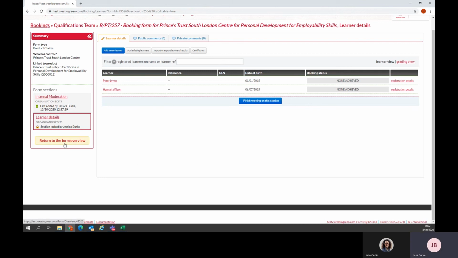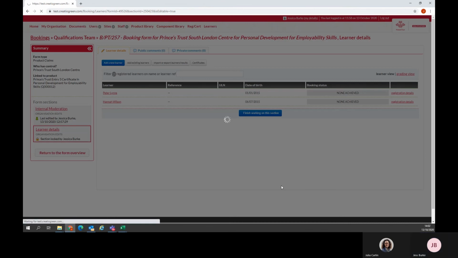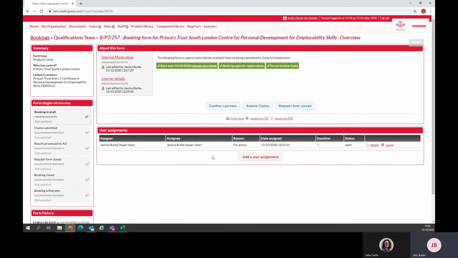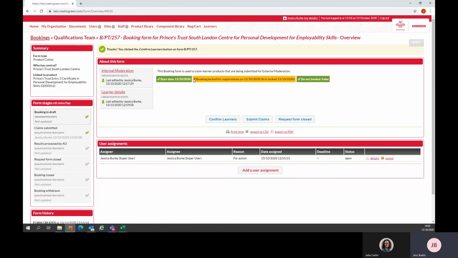So to lock your booking form, you need to return to the form overview, and confirm your learners. Now you can see that the booking form has been locked for registrations. So we can't register any more learners onto that booking form, but now you can go and make your qualification entry. So you click on learner details,